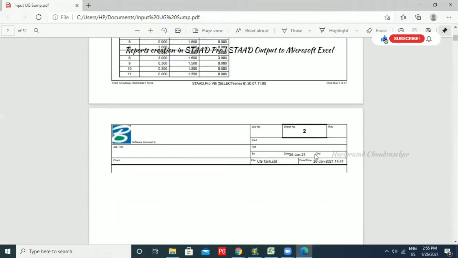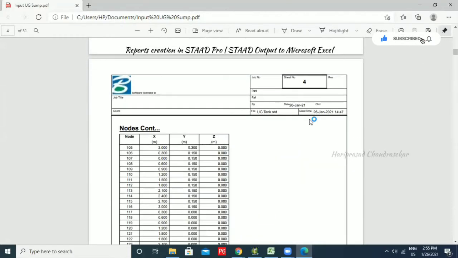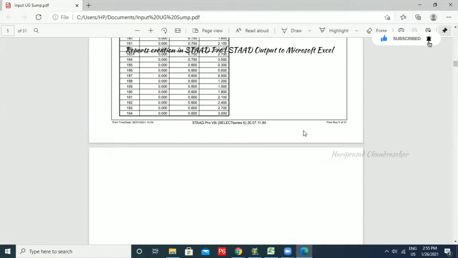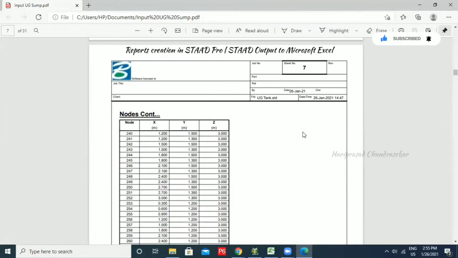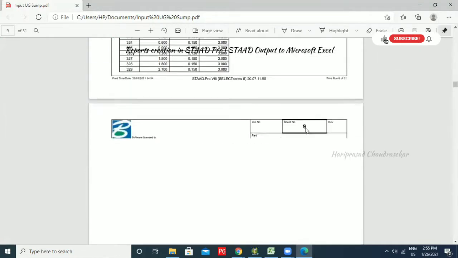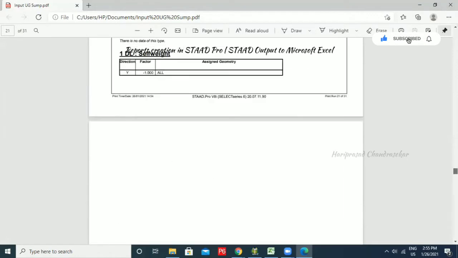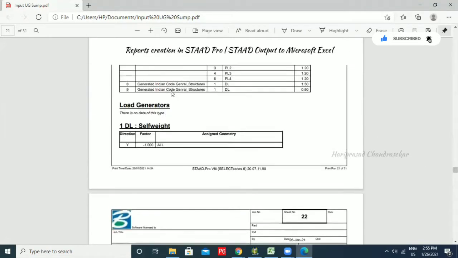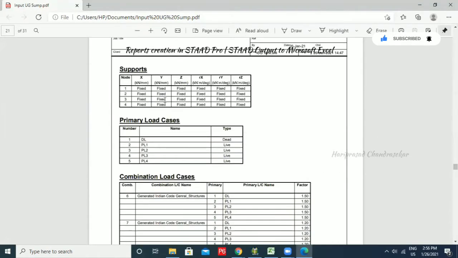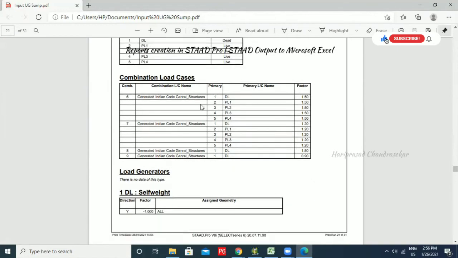See, the same thing you can get from here, but no need for next page click. You can directly just scroll to see the values and everything. You can just go for a report directly as a booklet for your project. As we have a mesh, we have multiple things. See, it is also having everything. So supports, it has primary load cases, combination load cases also here. These things are useful for your project. If you want to refer immediately, you can just refer to this page.